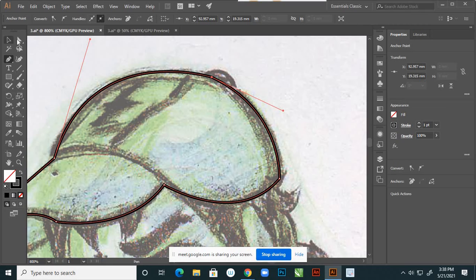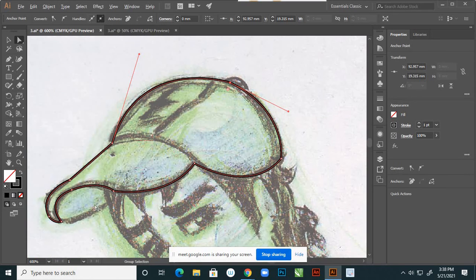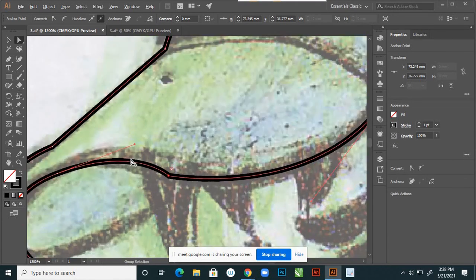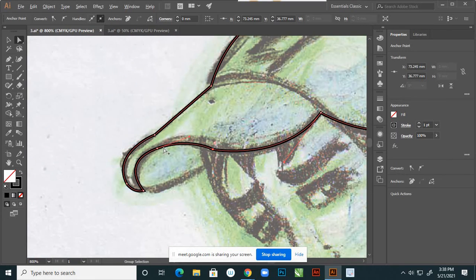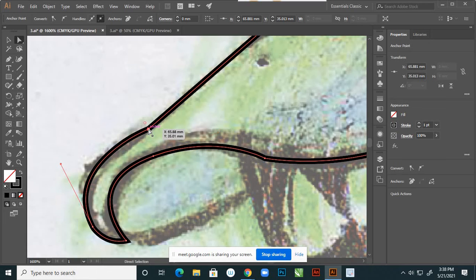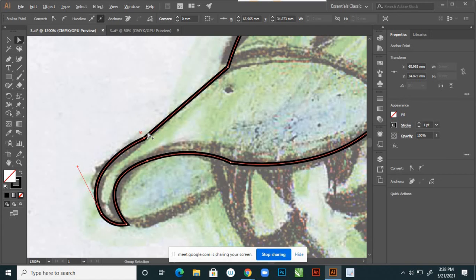Very nice. Suppose with the direct selection tool, if you want to adjust lines, you can adjust. Select this point and give some adjustments if you're not satisfied with that. Okay.